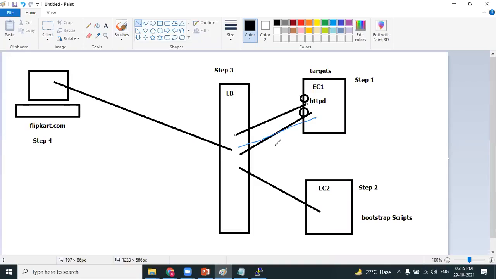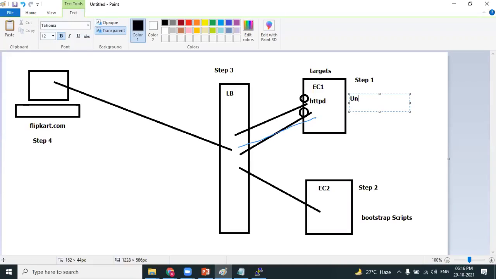Even after 2 seconds, the EC2 machine is not responding. So what does that mean, Tiwari? There's some problem in the EC2 machine. Agree? Yes. When there is some problem in the EC2 machine, what should it do? It should declare it as unhealthy, because within 2 seconds it should respond. If it is not responding, it should declare it as unhealthy.